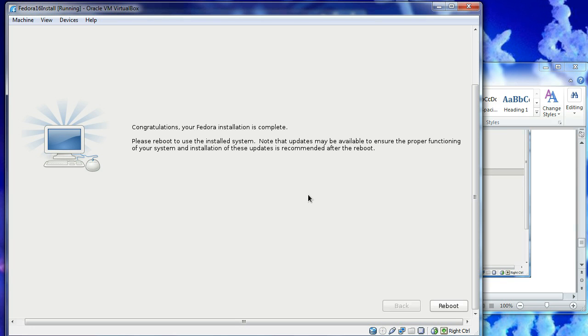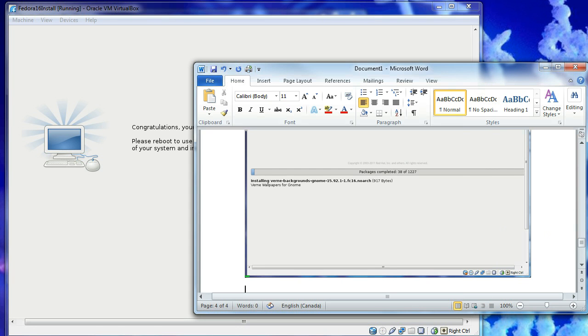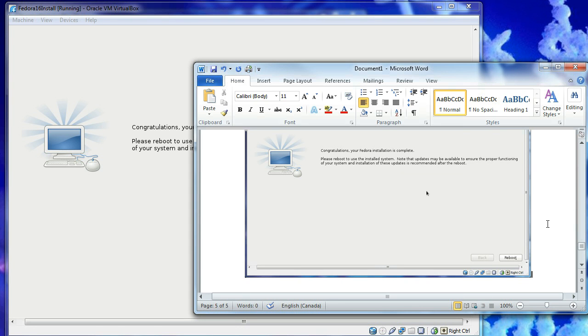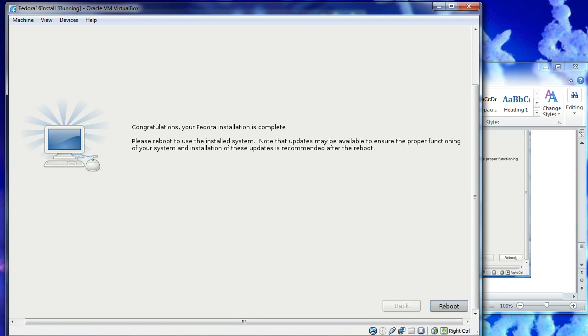Alright, so at this point, it's all said and done. This is a good spot to take a screenshot. Again, I know I keep doing this, but I want to make sure you guys are good with it. I turn the light off by hitting the right control button, then I hit Alt and print screen. I come over to my Word document, I hit enter, I do an insert, and that file is there. At this point now I get to do my reboot of my virtual machine,